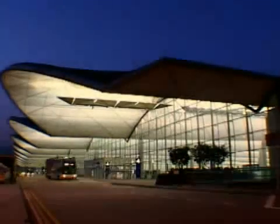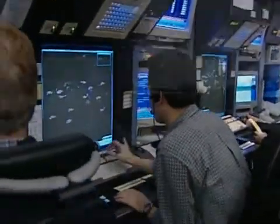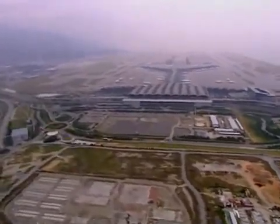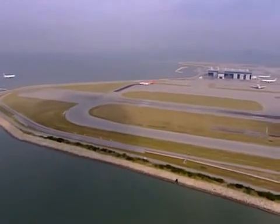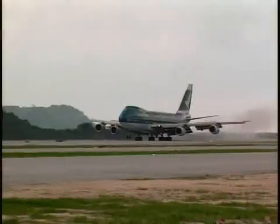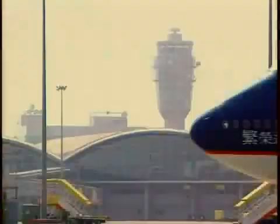As the sun rises on July 7th, 1998, the new air traffic control makes contact with its first customer. Southern 307 Corey Park. At 6:25 a.m., Flight 889 touches down on the north runway. Hong